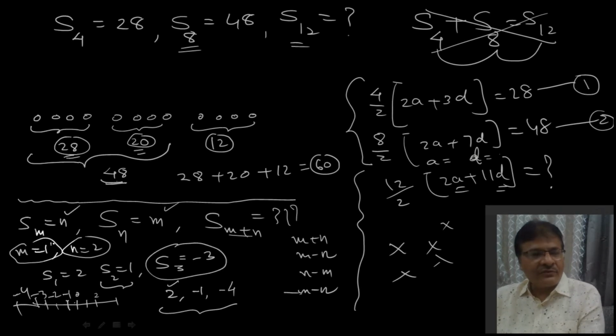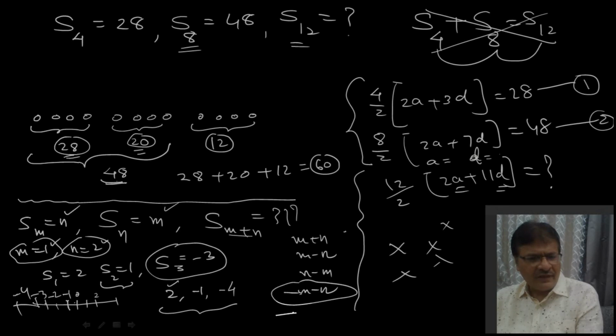Now put m equal to 1 and n equal to 2 in the options. So 1 plus 2, 3. Where do we get minus 3? I think we get minus 3 in this option only. Minus m minus n, that is minus 1 minus 2. So I am getting minus 3 in the last option. Therefore the last option is my answer.